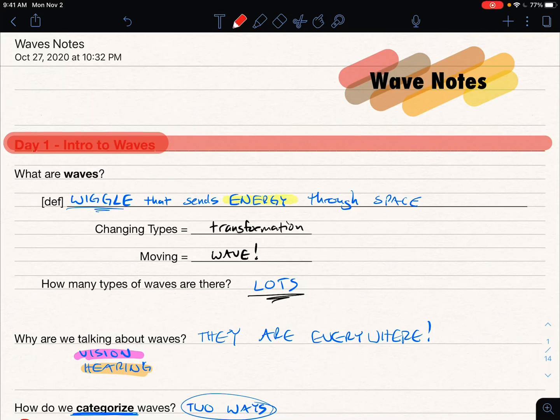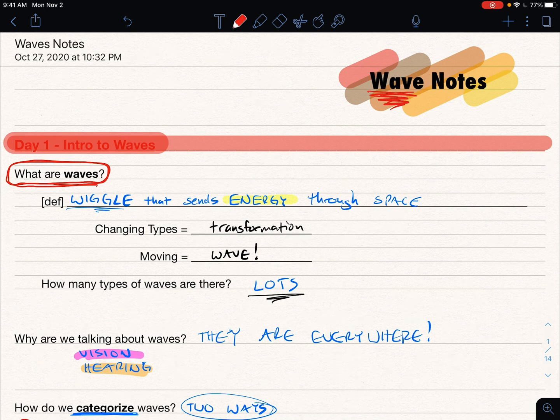Alright, y'all. So this is the first lecture on the topic of waves, our next unit in physics. We started with unit conversion and units, and then we got into energy. Our next topic is going to be waves, and some of the stuff is things you might have seen before in junior high. But like everything else I'm going to do this year, we started with energy because I'm going to frame everything, and we're going to look at everything in the rest of physics through the lens of energy. That is the foundation of science.